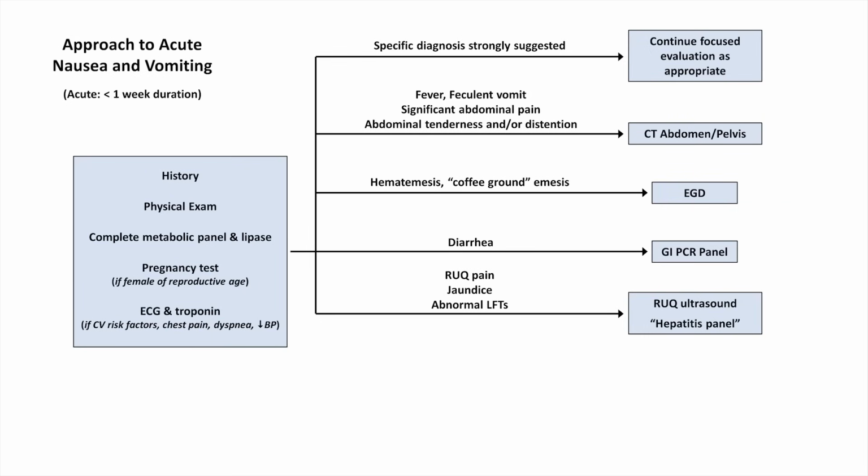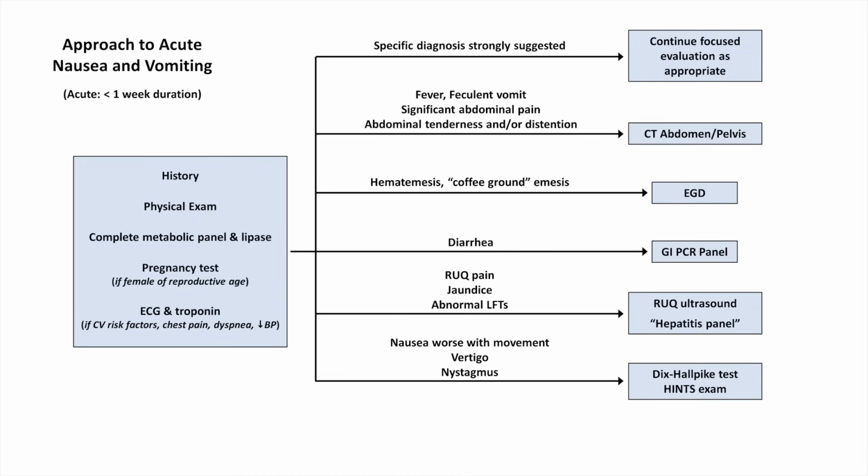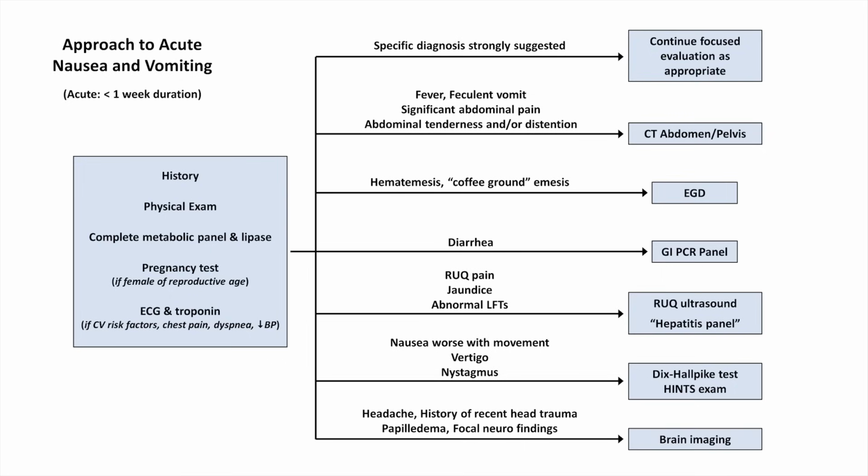If the symptoms are worse with movement and the patient has vertigo and nystagmus is present on exam, perform the Dix-Hallpike test to evaluate for BPPV, and perform a quick specialized exam called the HINTS exam, which stands for Head Impulse, Nystagmus, and Test of Skew. These exam maneuvers are discussed in my video on an approach to vertigo. And if the patient has a headache, recent history of head trauma, papilledema on retinal exam, or focal neural findings, they need brain imaging. While every case is different, I'd say that in general, if a patient's presentation has features